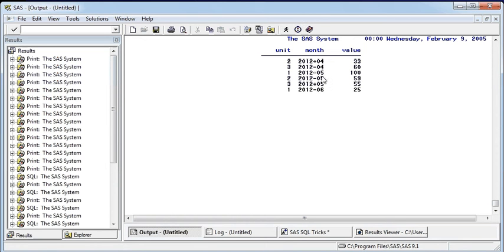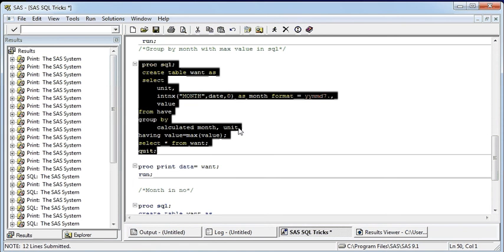For example, in the month of April we have 2 and 3 units, so I am displaying the highest value for unit 2 and the highest value for unit 3. Similarly for May we have all of 1, 2, 3, and for June 2002 there's only one unit here. The highest value is 25. That's the only one. So we can display it by using the group by statement, and then using this month function.